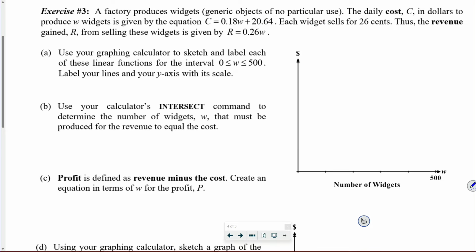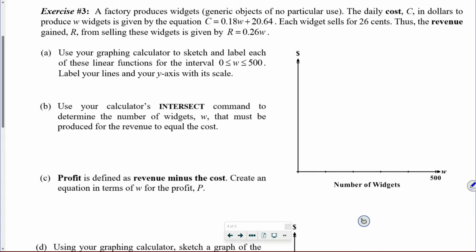A factory produces widgets, which are generic objects of no particular use. The daily cost, C, in dollars to produce W widgets is given by the equation C equals 0.18W plus 20.64. So that's kind of a model similar to what we were just seeing in the last problem. Each widget sells for 26 cents. Thus, the revenue gained, R, from selling these widgets is given by R equals